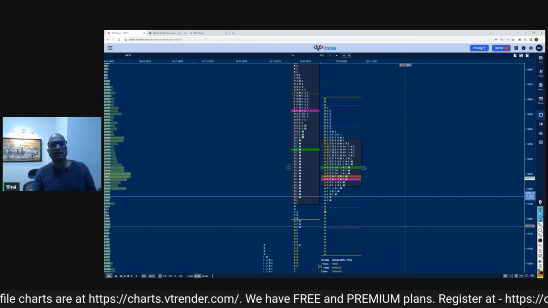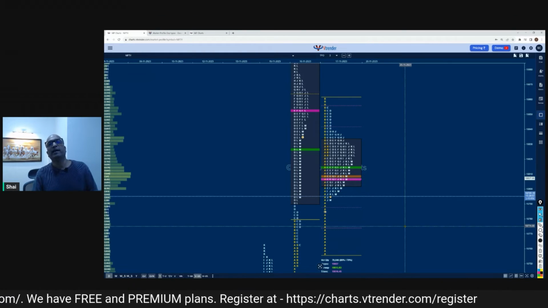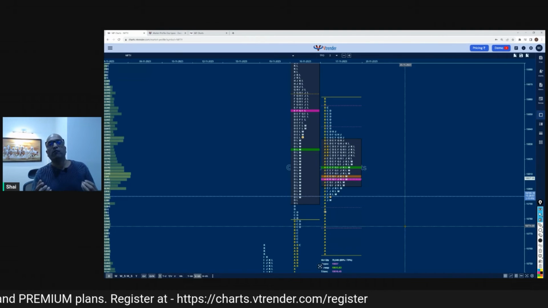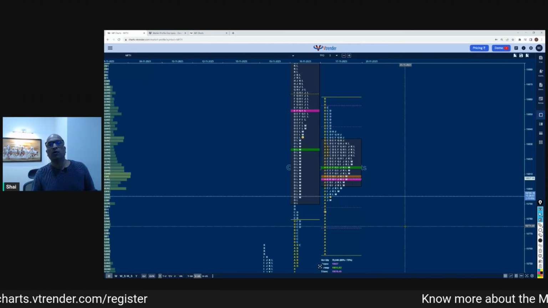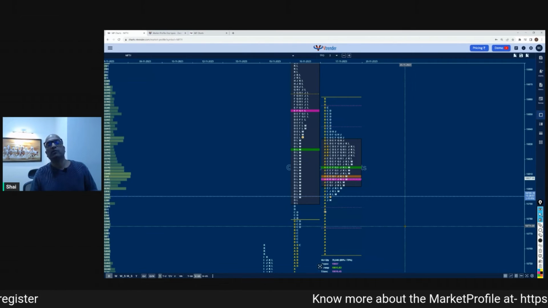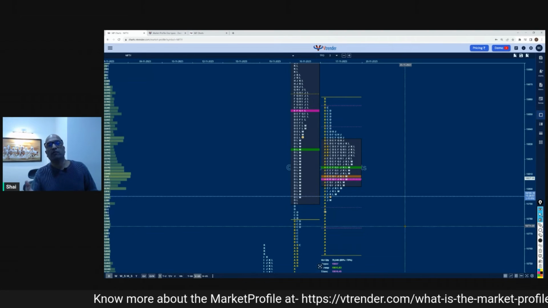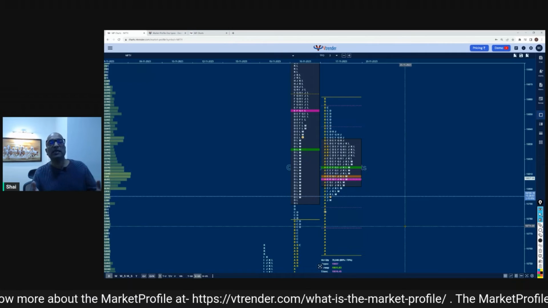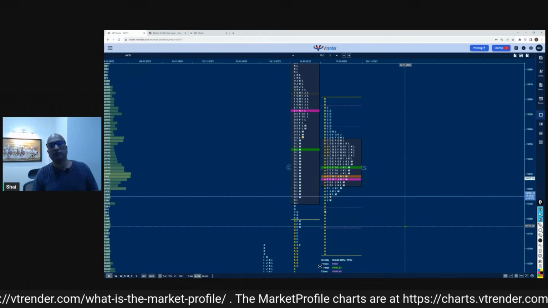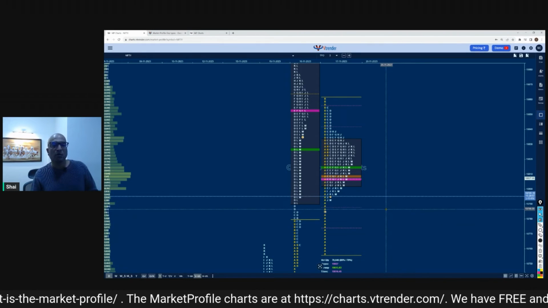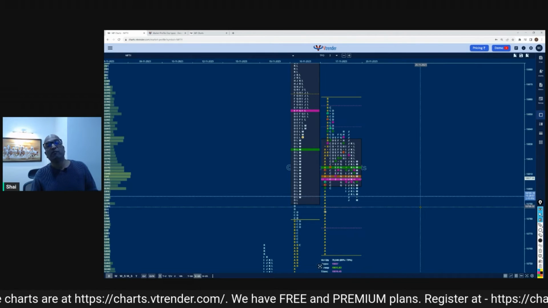Think of this like your Nifty index, for example, your Nifty 50. In Nifty 50, there are 50 stocks, but the weight of all those 50 stocks is different, right? So if the rest of the market is quiet and your Reliance starts moving up, what do you think is going to happen to the Nifty? The Nifty is also going to start moving up, because the weight of Reliance is that much heavier. It's not equally distributed across the entire 50 stocks. The same way with all these TPOs, A, B, C, D, E, F, G, they have different weights.